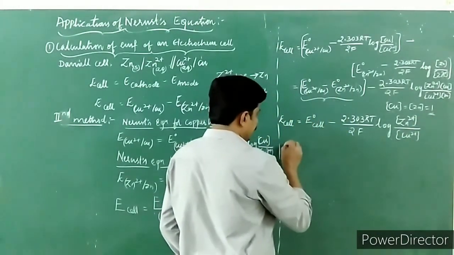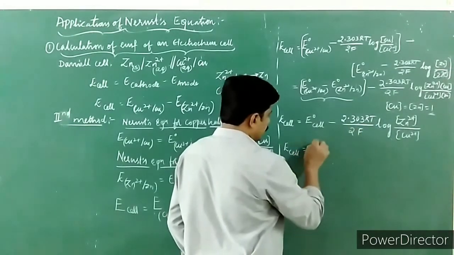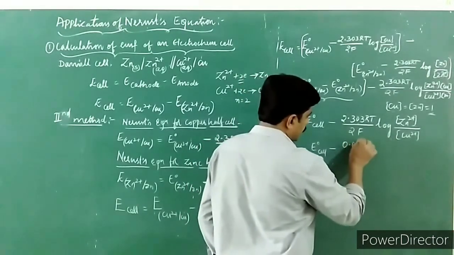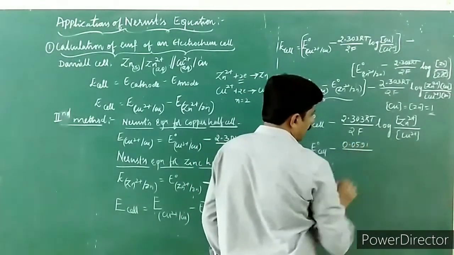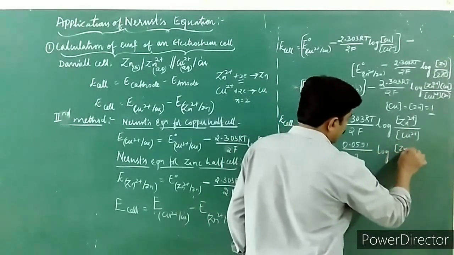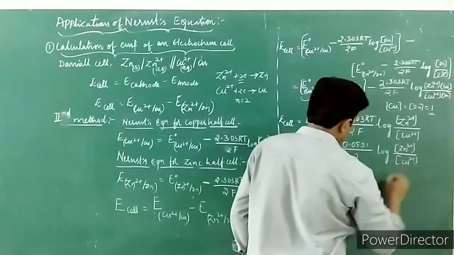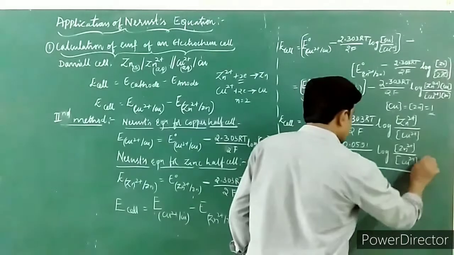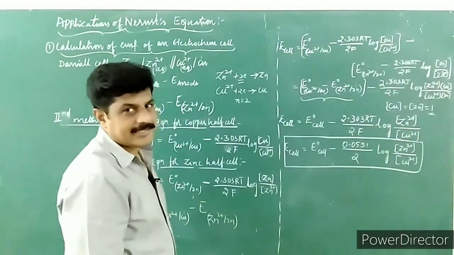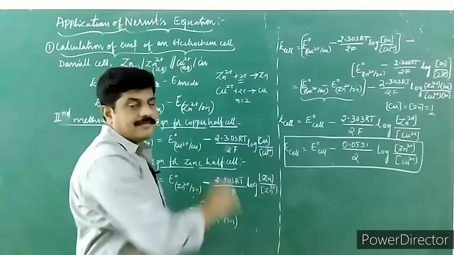Now let me substitute the value of R, T and F here. E cell is equal to E naught cell minus 0.0591 upon 2 into log of Zn2+ upon Cu2+. So this is what Nernst equation to find out E cell of galvanic cell or any electrochemical cell, in this case for the Daniell